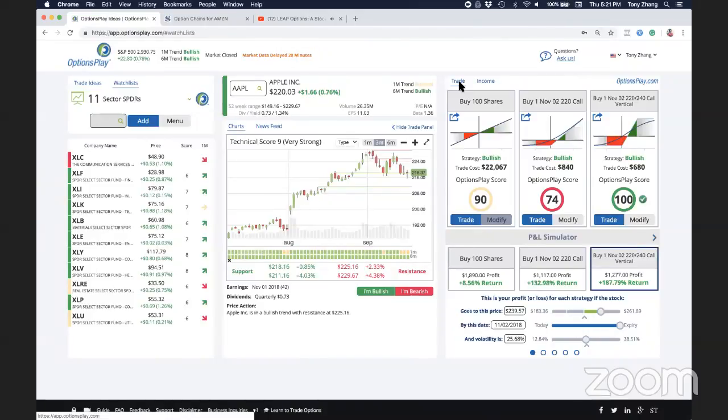I noticed the score does not improve with long calls, say compared to a vertical. Yeah, absolutely. The long call is not going to be better than the vertical. However, the vertical does not allow you to take advantage of short